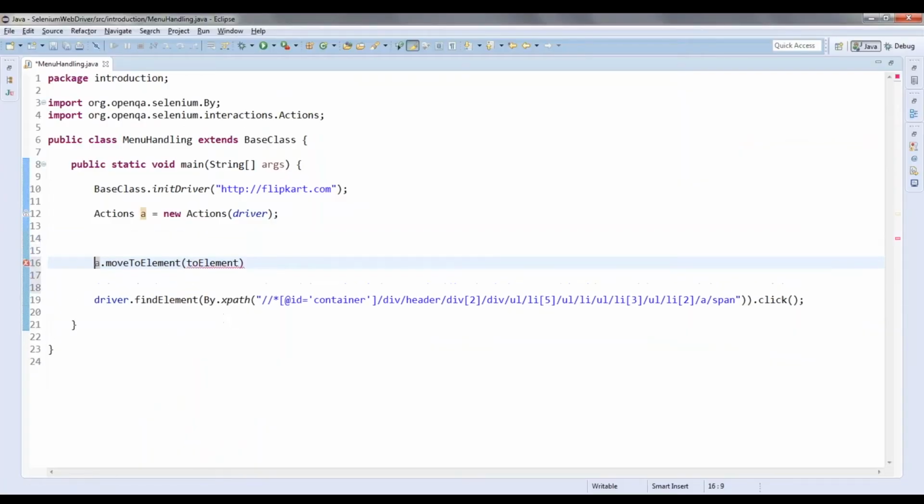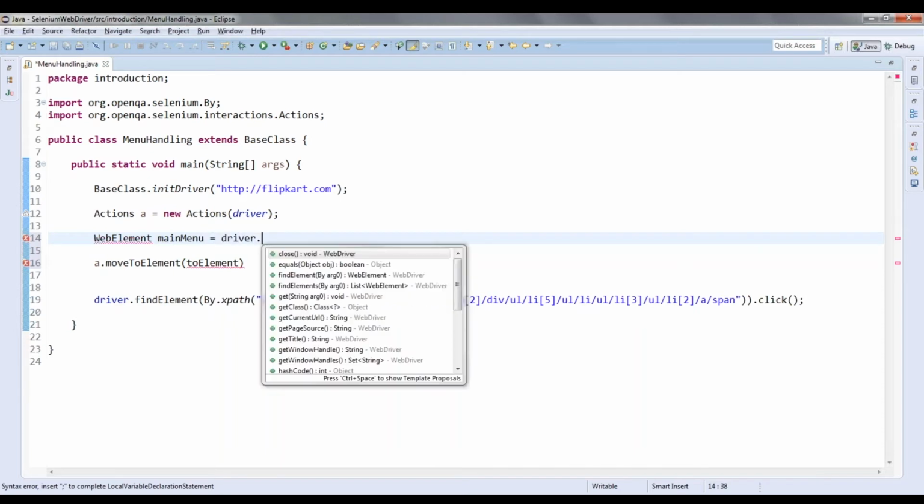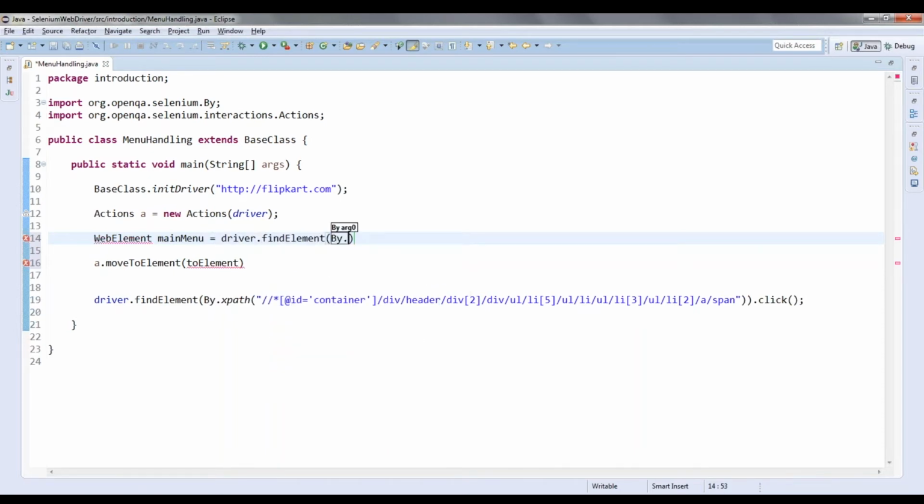So what I will do, I will write WebElement mainMenu is equal to driver dot findElement by dot xpath.